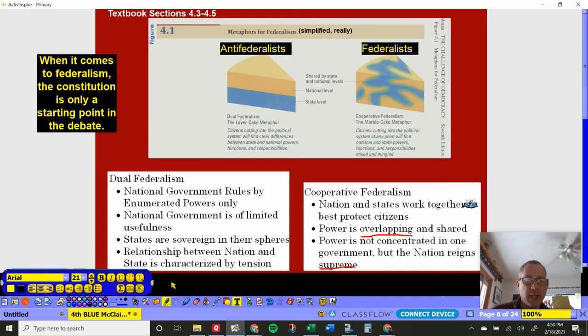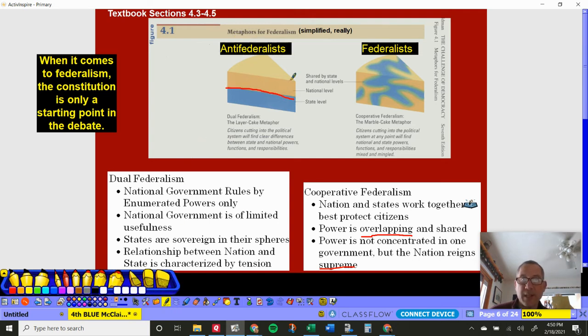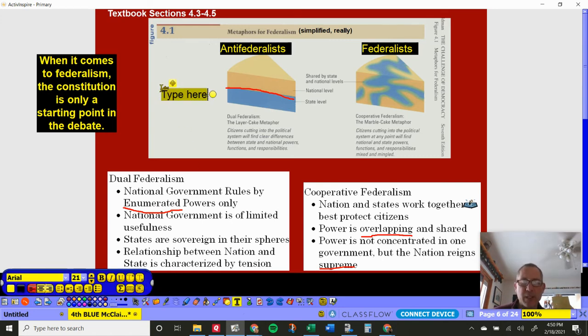And their idea was to draw this distinct line. It may be true that the nation is on top, like its laws are supreme. But when it comes to something like education, there are no federal laws, so we are supreme. Notice that the national government rules by enumerated powers only, so they do not like the elastic clause. They don't like this implied thing. The federal government should stay in its lane. So when you ask them to defend why the Constitution should be this type, they will say the 10th Amendment,